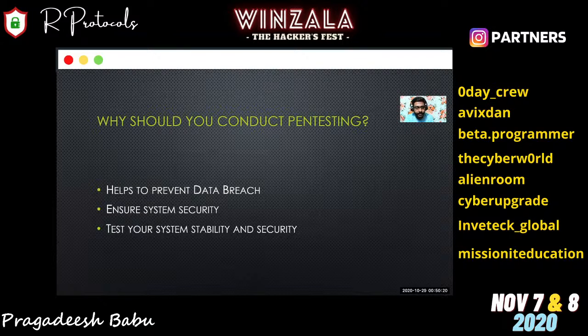If the passwords are not encrypted, it is an easy way to hack into systems and get all the credentials. So it helps to prevent data breaches, and it helps to keep our system secure.